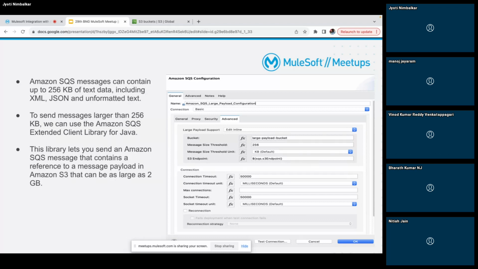So the most common answers I received are: maybe we can split the payload. Yeah, that is one option available. And we can compress the file. If we are trying with a file, then we can compress it, publish it to the queue, and after subscribing, we can decompress it, right?